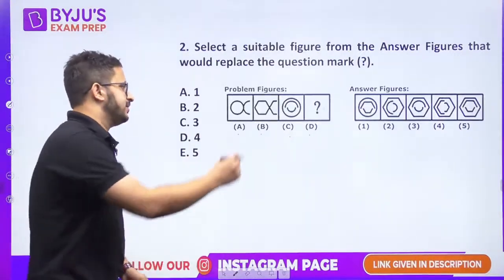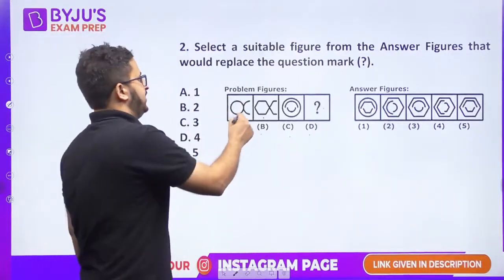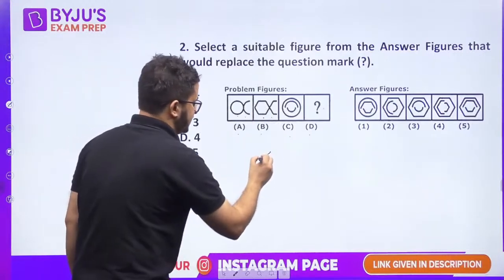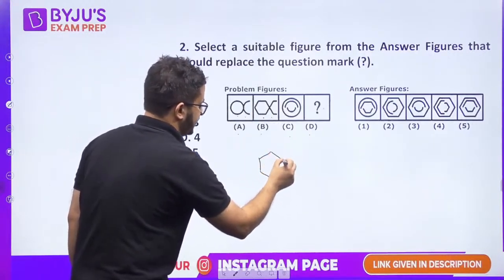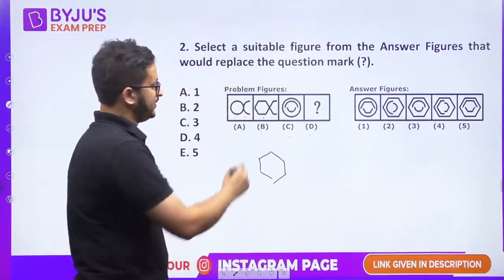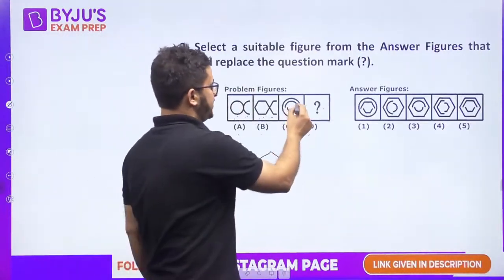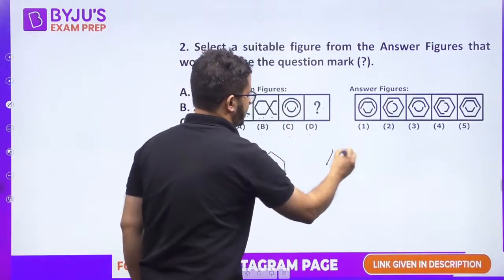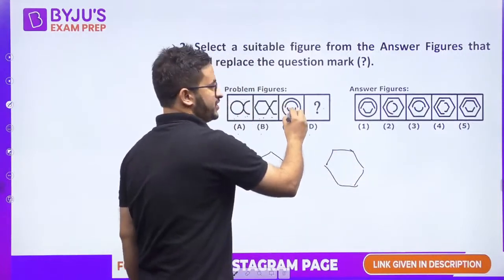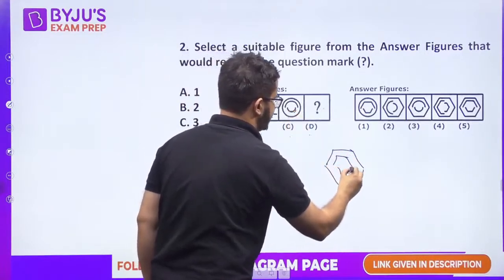What is happening is this circle and this is hexagon, okay, circle became hexagon. This is semicircle, this is half of hexagon, right? Half of hexagon is like this. If you take the other half, it will become a complete hexagon. So circle has been converted to a hexagon, semicircle to half hexagon. Now if you see this image, this is a circle, so it will be converted to a hexagon.